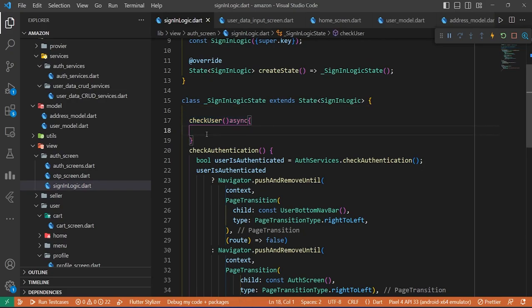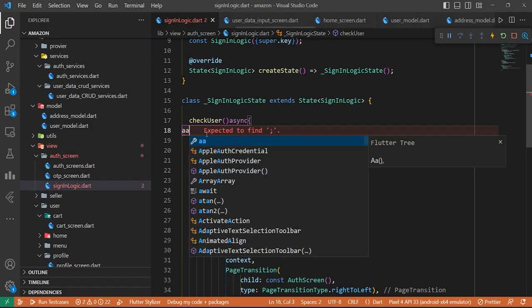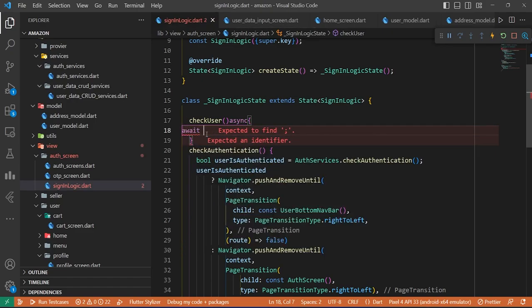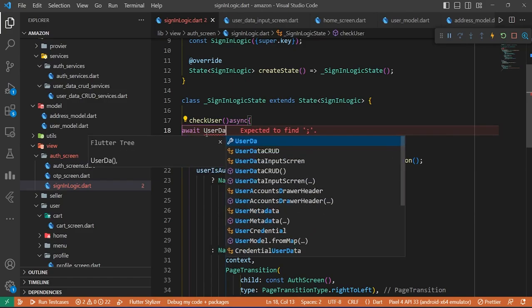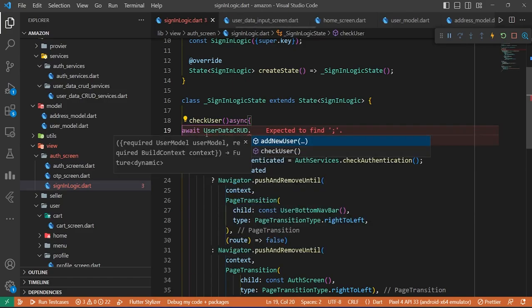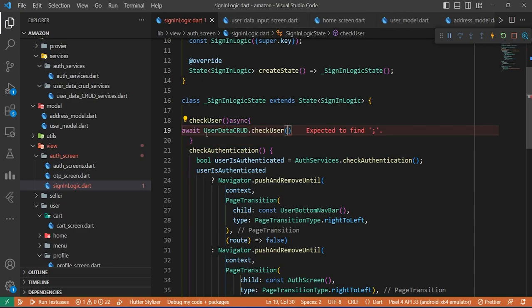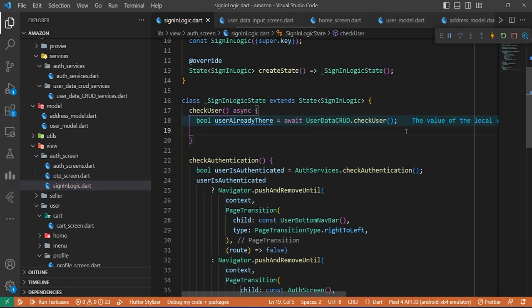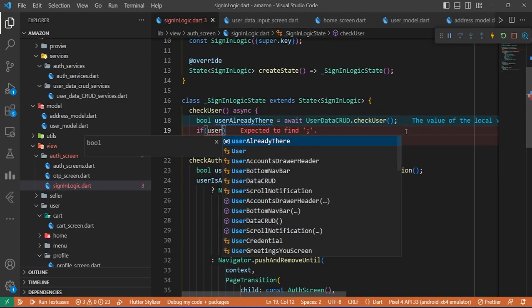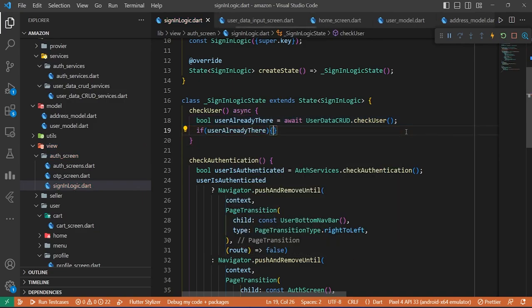So what it will do is await userDataCrud.checkUser with the phone, and userAlreadyThere equals to this function. Okay, and if userAlreadyThere